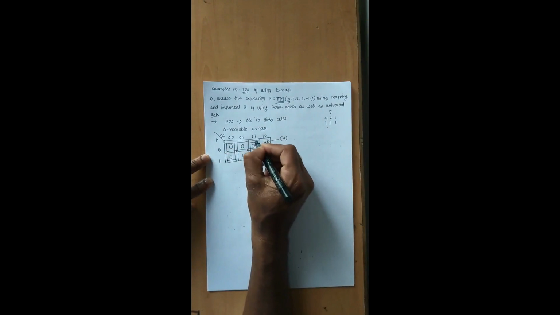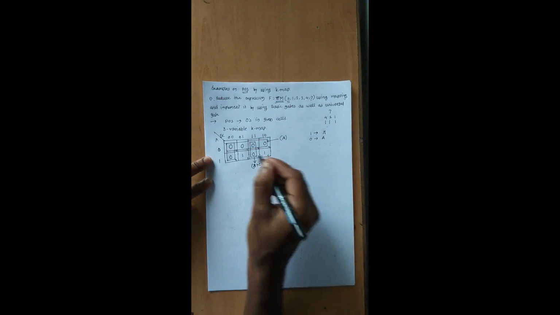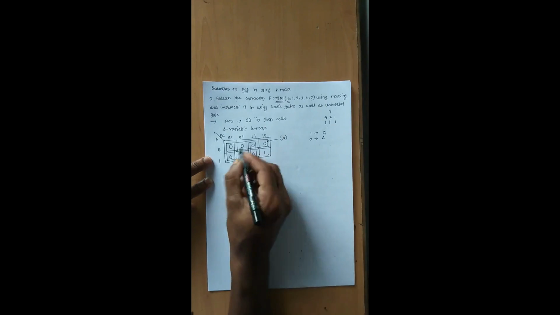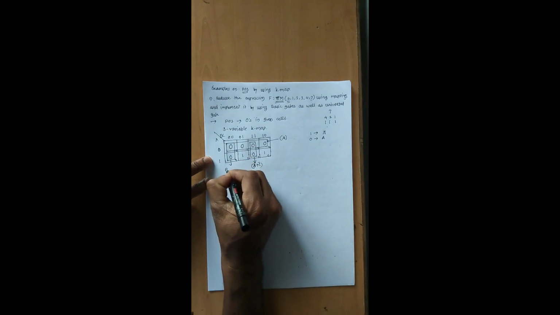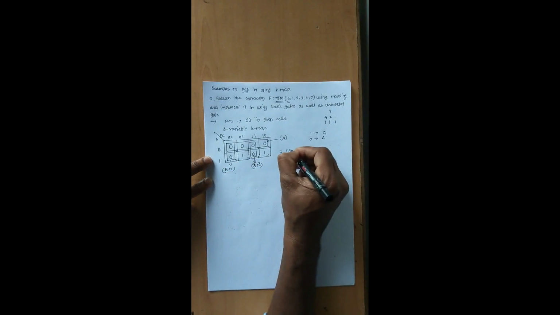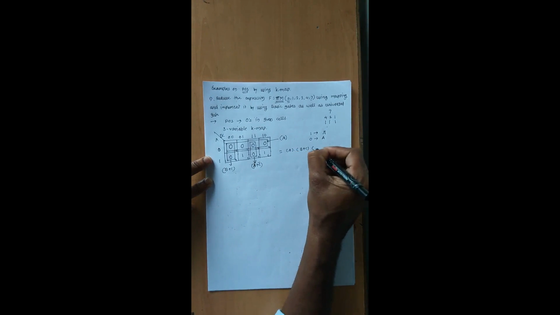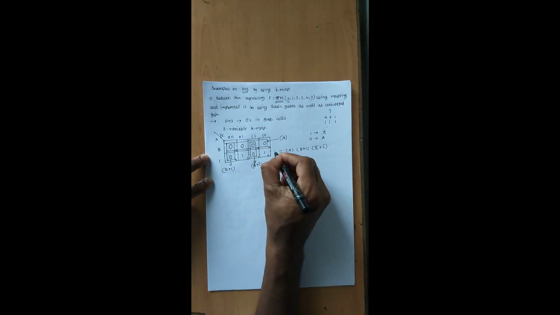From this, both are 1 1, and hence in POS, logic ones are represented with the A complement and 0 is represented with the A. So for this, it will be B plus C and B bar plus C bar, and for this we are getting B plus C. So the final reduced equation is A into B plus C and another bracket B bar plus C bar. Okay, this is the equation F.